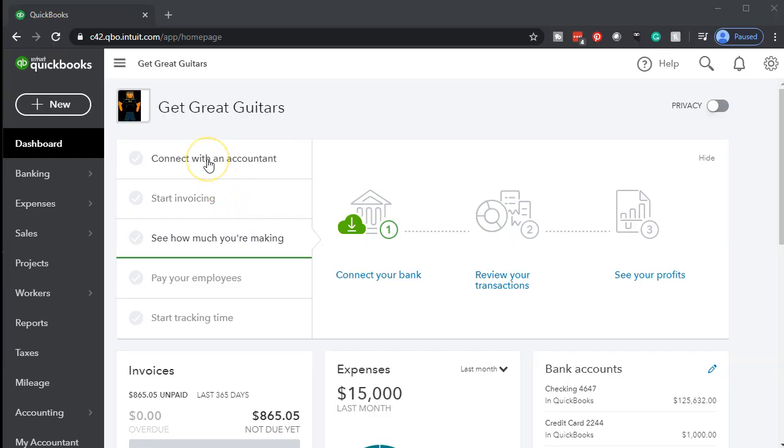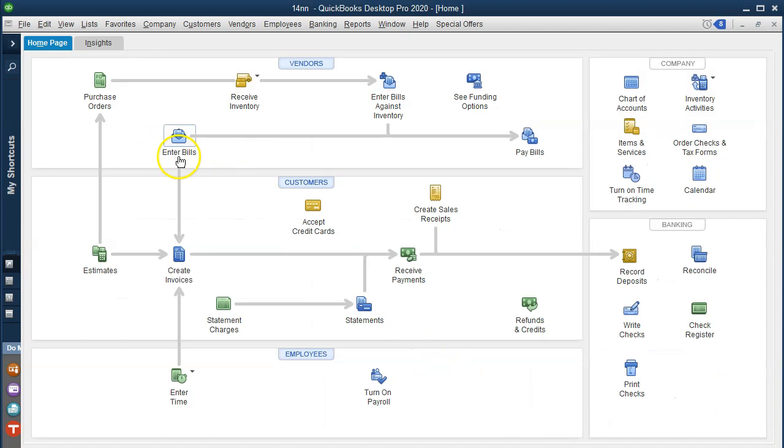Here we are in our Get Great Guitars file. Before we move forward, let's take a look at the flowchart. This is from QuickBooks Desktop. We're just considering the flowchart to see where we are at. We had in prior presentations entered a purchase order, which is a request, no transaction related to it. We then received the inventory, recording a bill and the payment at that point in time, inventory on the books,